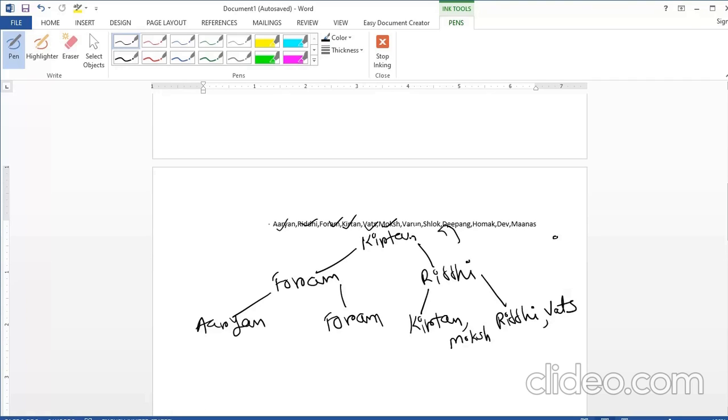Then the next value is Varun, and Varun will be inserted before Vats, right here. Right now there are three values, so we need to split the tree, and this is the median value which will go one level up.